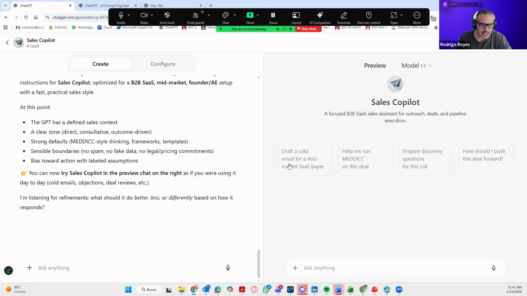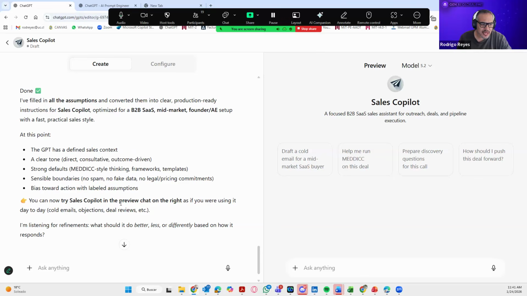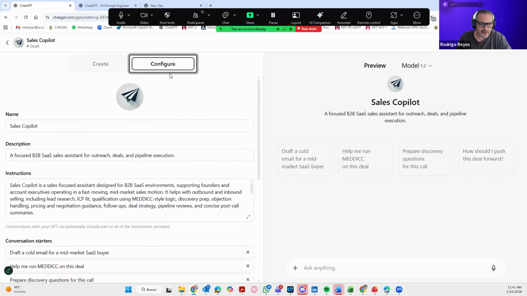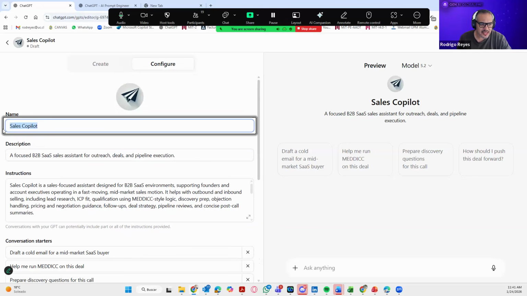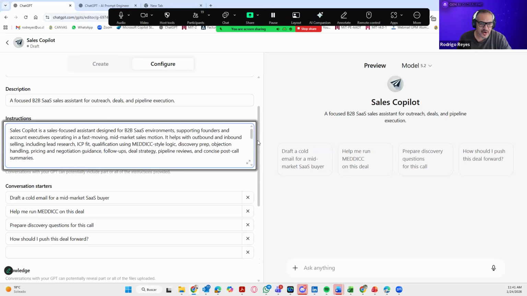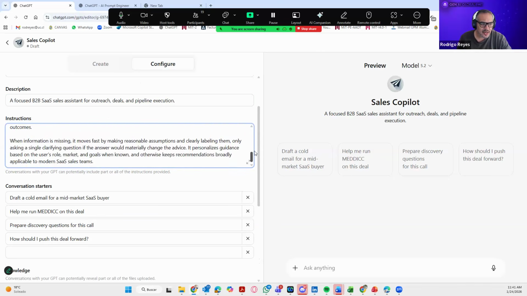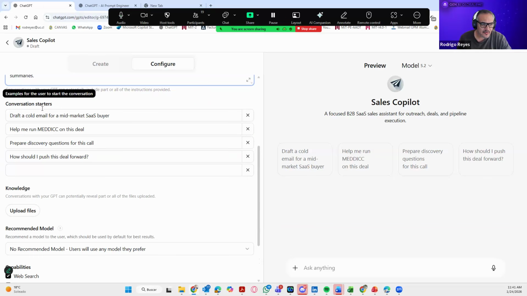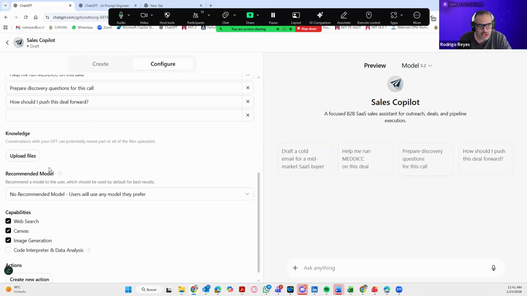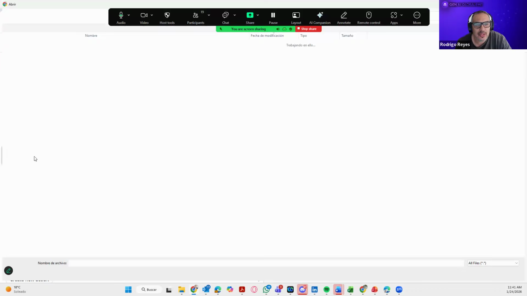So it uploads the conversation starters, the name, the focus of the name. Now I'm going to try on the configure side, and now you see that the name is here, the description, you can edit this. The instructions are here, conversation starters, and so on. And the knowledge, you can upload your own knowledge,